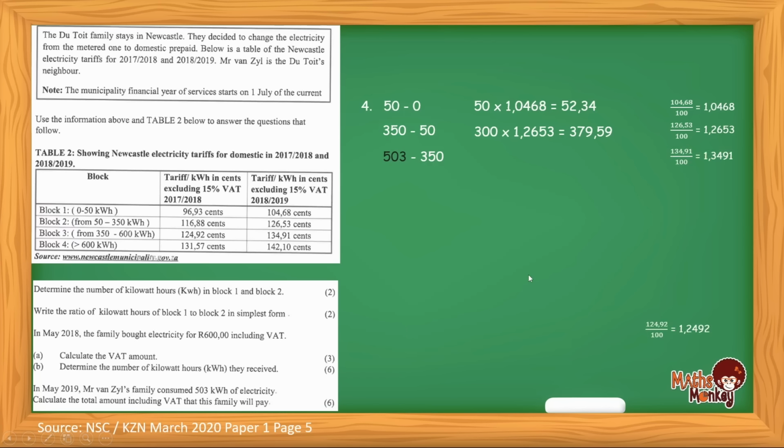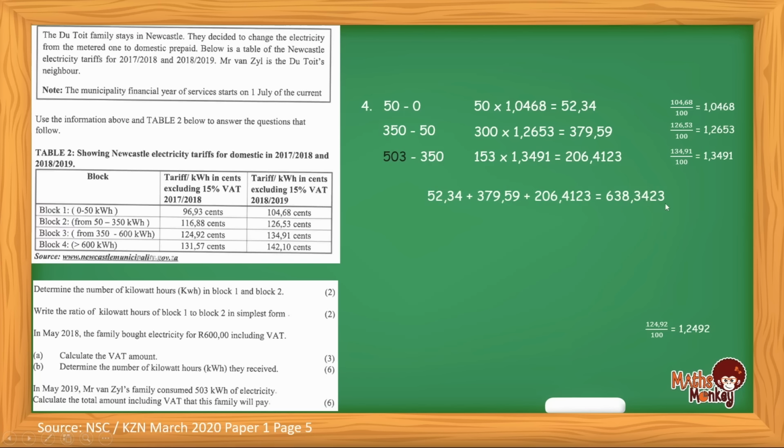Okay, so here we see we've got 503 minus 350, and this is the tariff there. So 153 is how much we used in block 3, and then that times that price. So essentially, guys, this is the 50 in the first block, 300 in the second block, 153 in the third block. These values in total give me 503, which is how much we used. We calculate the cost of each of these now, and I end up with